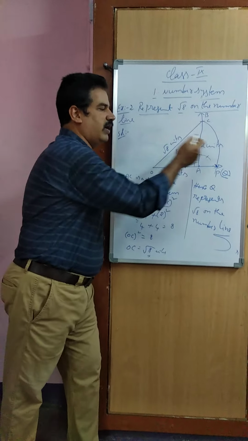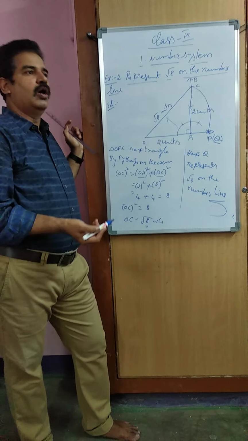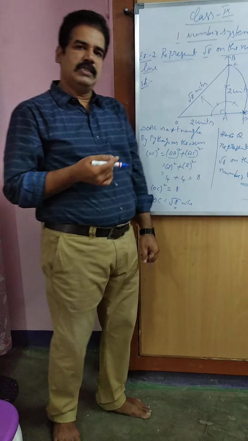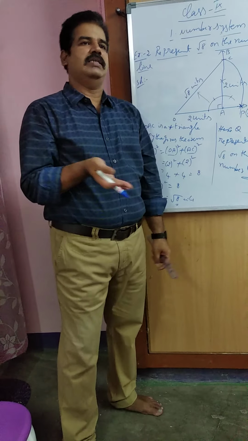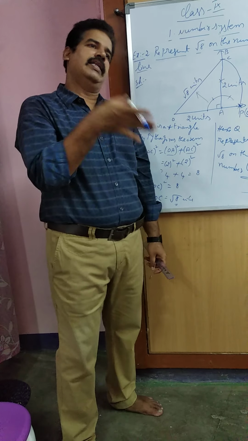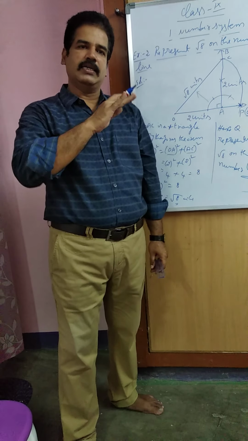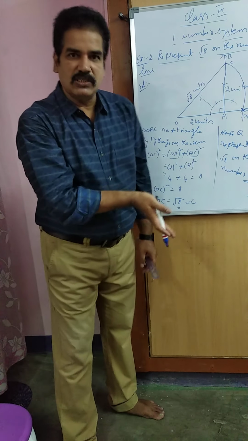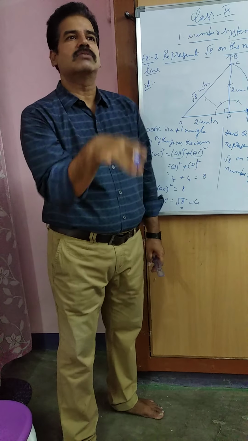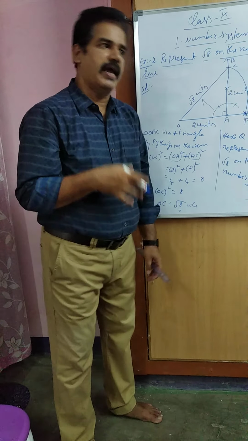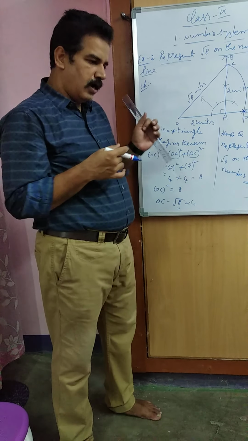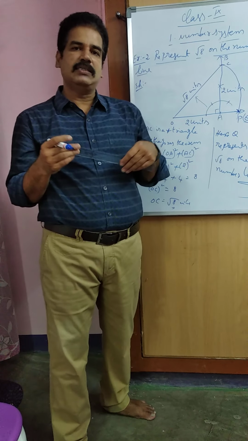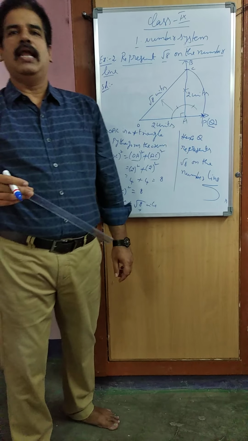Suppose root 2 also you can do the same way. You have to take 1 inch on both sides. Root 2. Root 3 means you can continue. Root 4 is not an irrational number. Root 5 I told. Root 6 means first of all you have to construct root 5 and then take 1 inch and construct. You can construct by square root spiral also. This representation of irrational numbers in a square root spiral also we can explain. And next topic is the representation of irrational numbers on the number line.